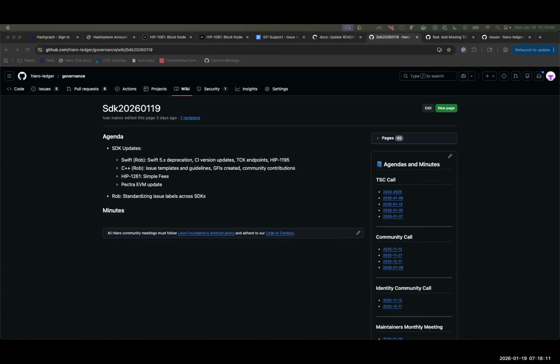I was thinking forward to when we start rolling this out across all our SDKs over time, and just the idea of a consistent look and a consistent, I don't know if workflow is the correct word, but